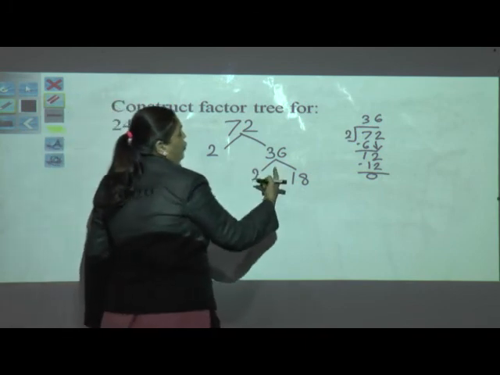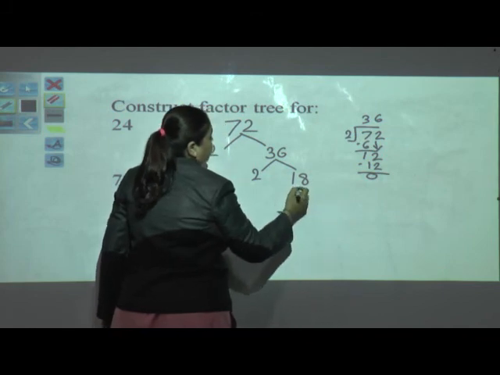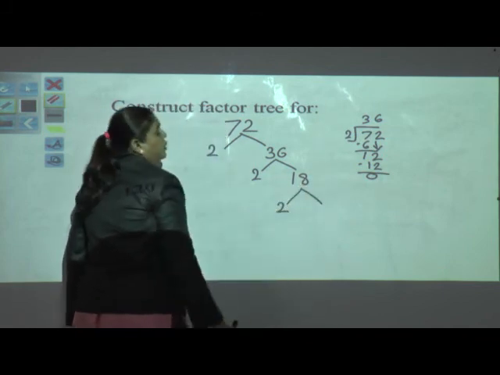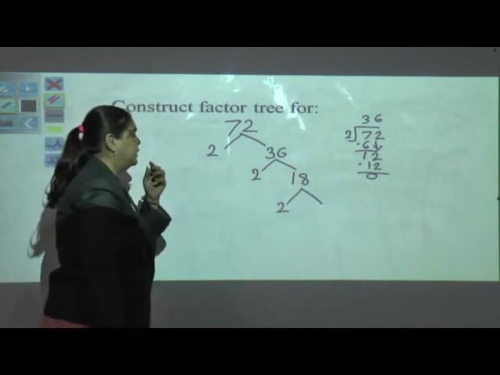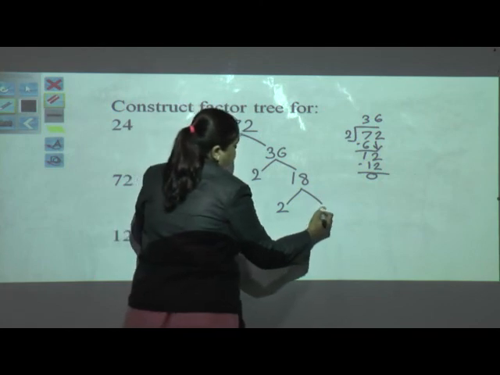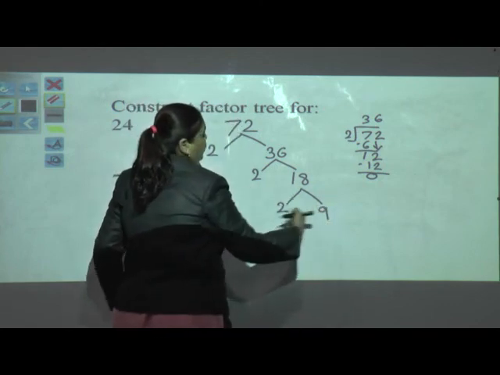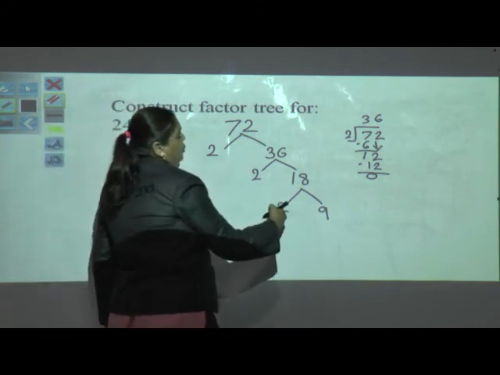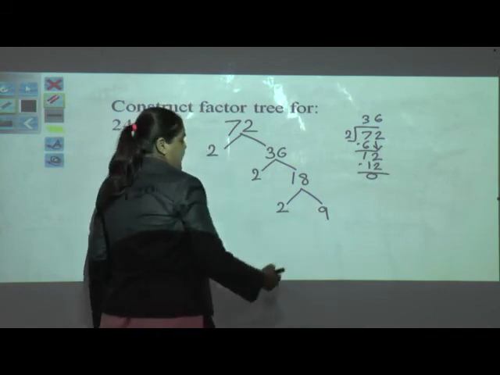So if you don't know, you can follow this method for 36 also. Now again we are having an even number, so again we will go by 2. So 2 how much are 18? 2 9s are 18. Because this is a small number you are very familiar with, you can directly do the factorization in your mind, do that multiplication, and find out the answer here.